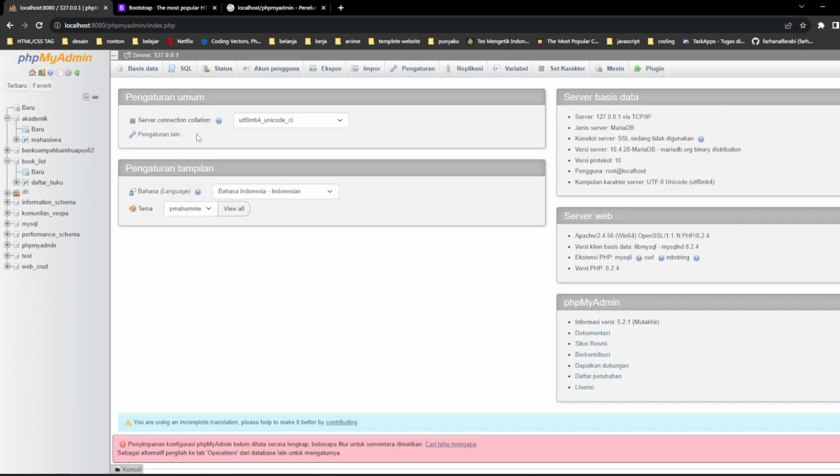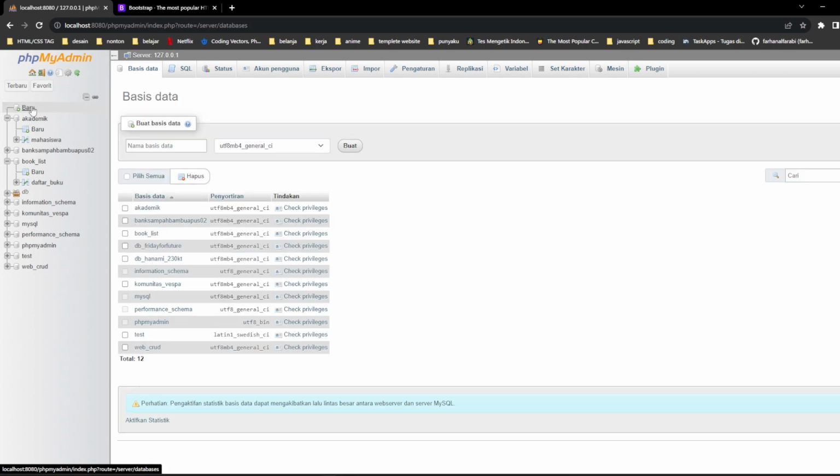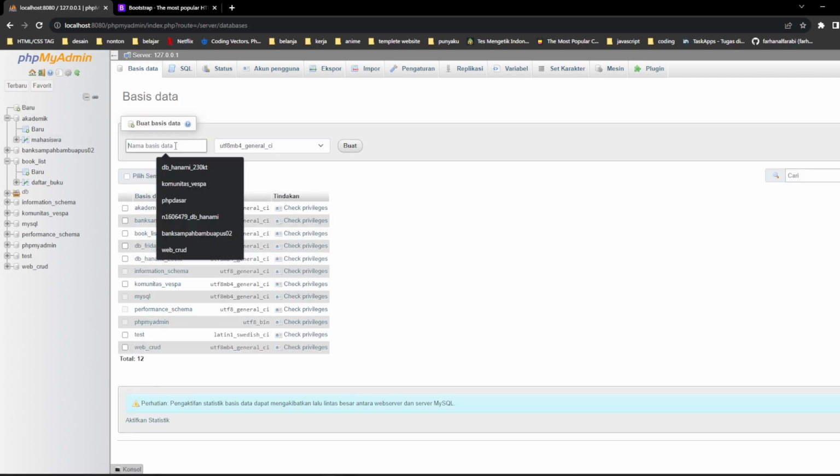Okay guys, now you can see phpMyAdmin like this, and I have a lot of databases. Okay, I will delete these. Now the first step is to make the database. You can click on new database, and then give the name.